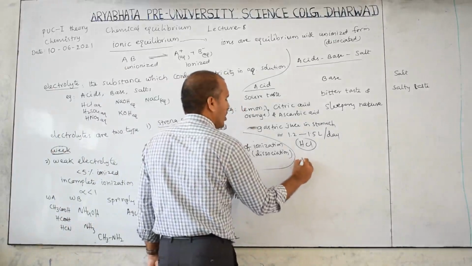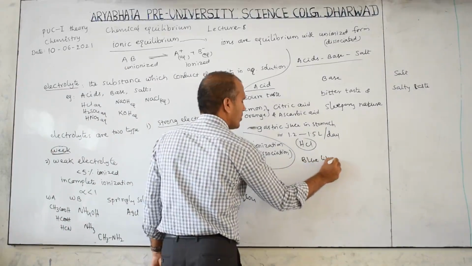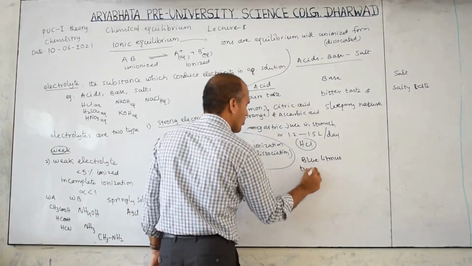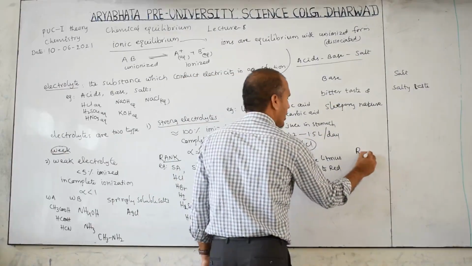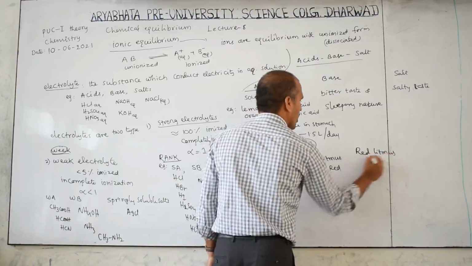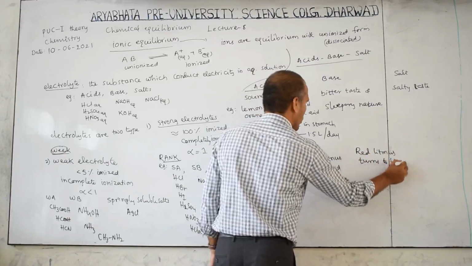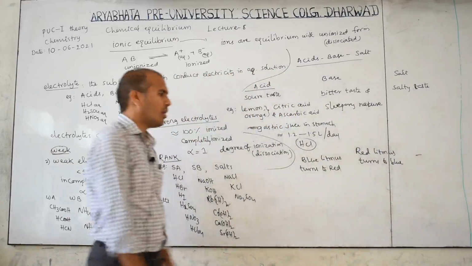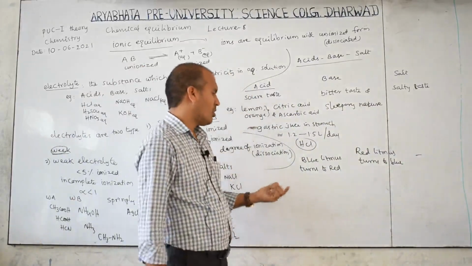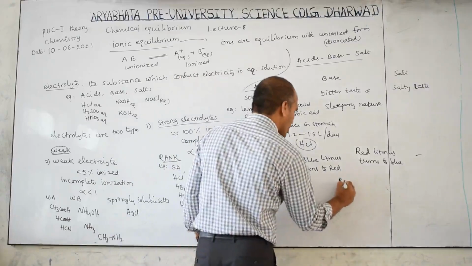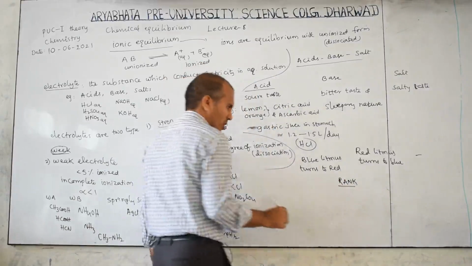And next, if you do not taste the acid, then how to find out? Blue litmus turns to red. Here red litmus turns to which one? Blue. Here no change, because that is neutral. Sometimes students get confused about which one changes to which color. So remember this rank shortcut: acid converts into which color, base converts into which color.